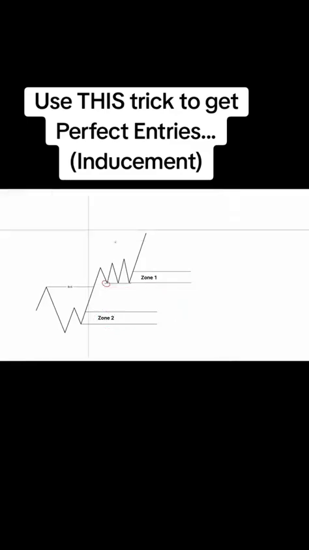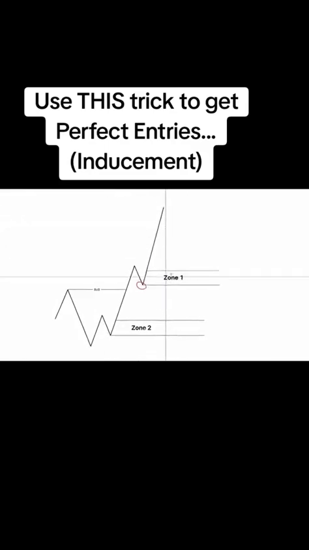Now, obviously, you're not always going to be lucky enough to have very clear inducements like this, right? Sometimes it's going to be a little bit more difficult to identify whether this is a good zone to buy from or not. We're going to have examples just like what we looked at where zone 1 looks pretty clean as well. So there's another way that we can identify